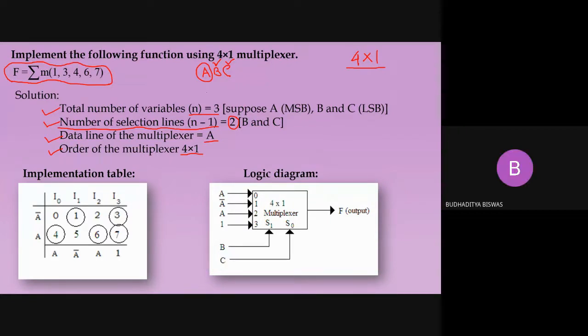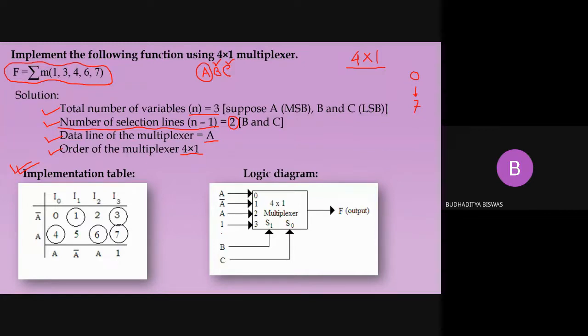Yes, sir. Okay, now come to the next step. This is called the implementation table. Some fundamental things are required to understand this implementation table, because using the implementation table we can design the function using the multiplexer. Now, can somebody tell me how many possible combinations are there using the 3 variables? 8, sir. Very good. So a total of 8, or 0 to 7 is also the correct answer. So a total of 8 possible combinations are there.